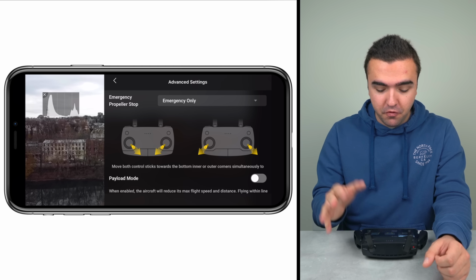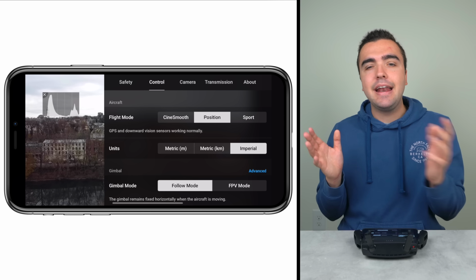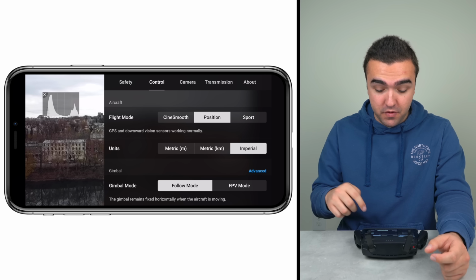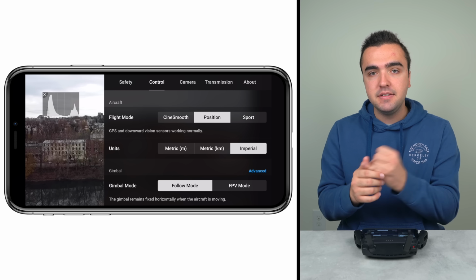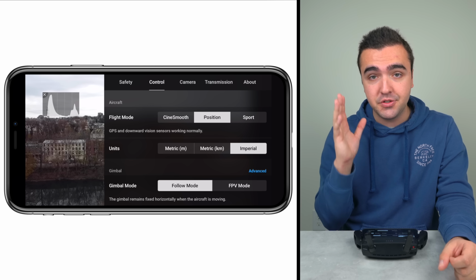All right, so let's move on from these safety advanced settings into the control tab. And I know that this really isn't a changeable setting, but we've got the three different flight modes at the top: Cinesmooth, Position, and Sport mode. I've got to say, Cinesmooth mode is great. I would recommend